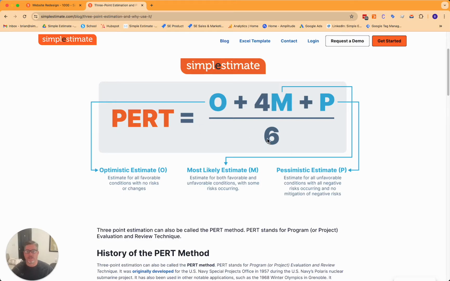divided by 6. So it builds in a weighted, most likely, and then it puts the optimistic view and the pessimistic view into the weighting, which takes care of the risk factors that a lot of people build into these spreadsheets that they've come up with over time. It builds in the risk into your estimates. It makes your estimates more accurate and more predictable, because you're not guessing at these risk factors and making up these buffers and things like that. It's a formula that was developed and it's been proven for decades now, and it's just integrated natively into Simple